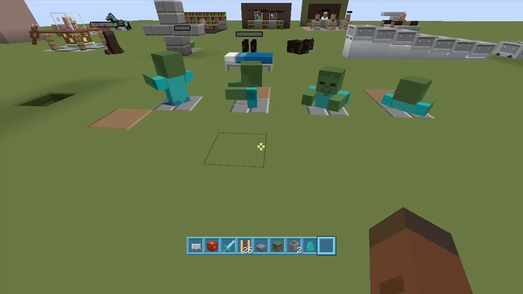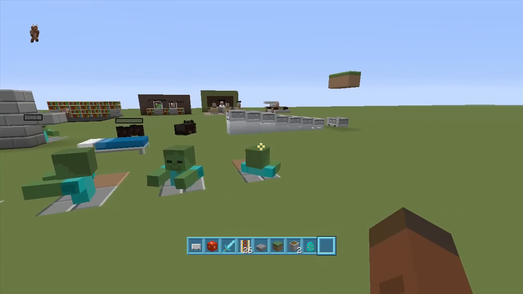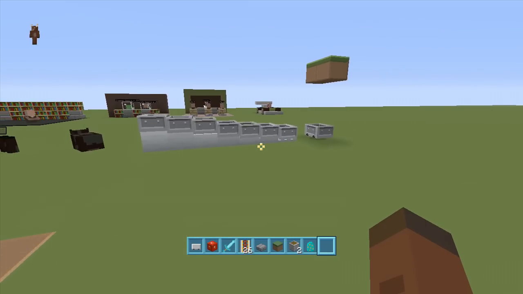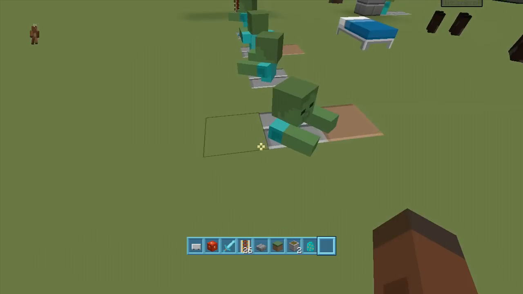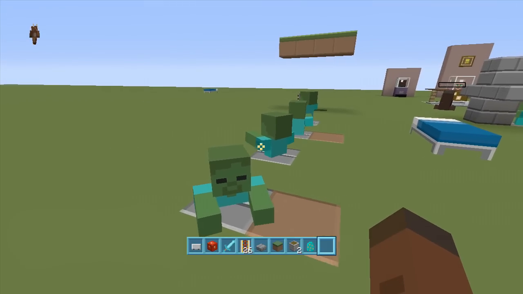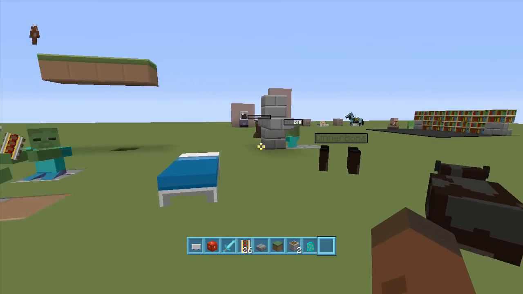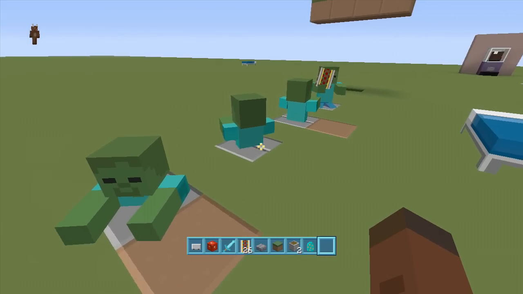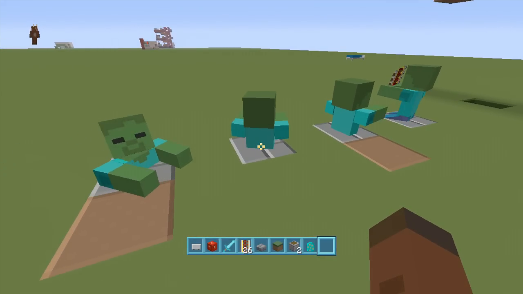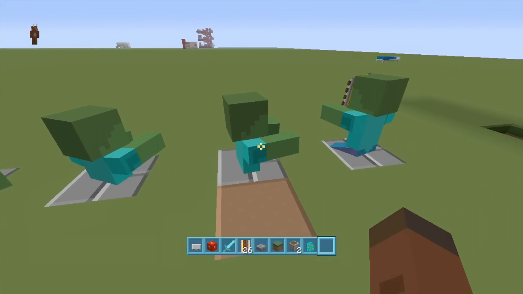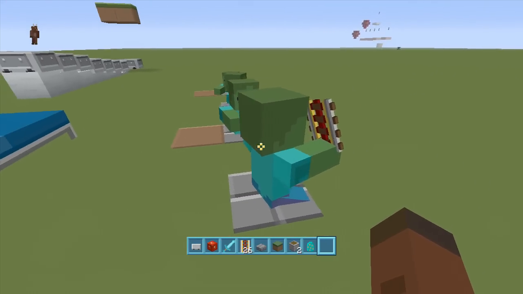All right, guys, before we move on to the next part, I had a great idea, and that was to show you the different levels of what you can have your zombie at. Obviously, you can go into more detail if you use snow. However, this zombie right here is just on top of a slab. This is what your zombie is probably going to look like if you do this design right here. This one's on a slab. This one right here is on an enchantment table. This one right here is on some soul sand,